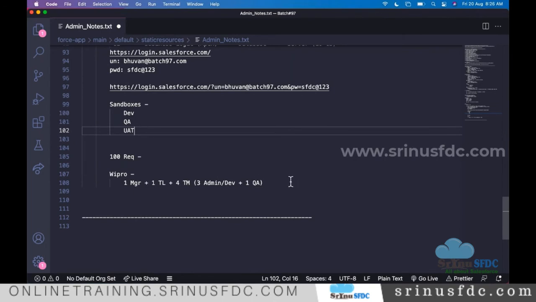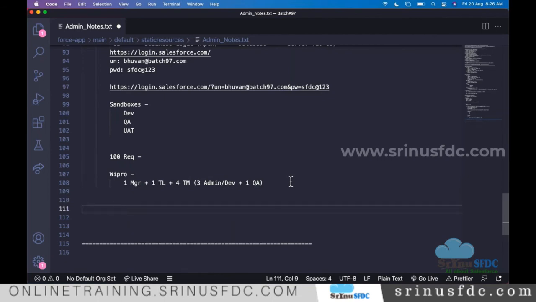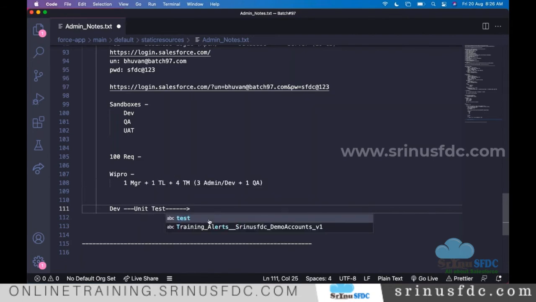Okay. So now when we start working, as a developer or as an administrator, we first work in the Dev sandbox. After that, we do testing, right? I developed something myself, I do some testing to see whether it is working or not. We do the unit testing and we deploy to QA.